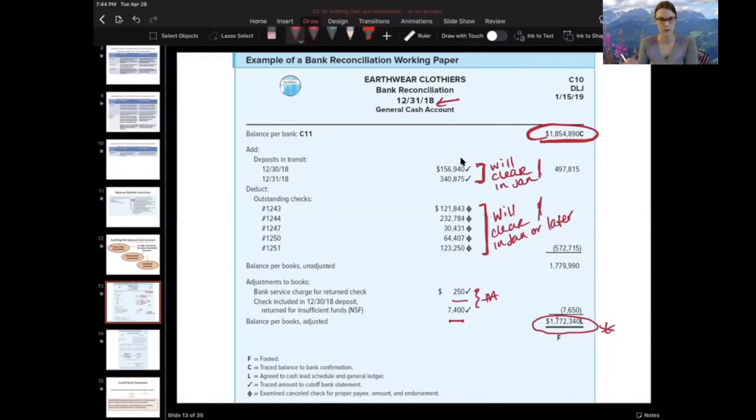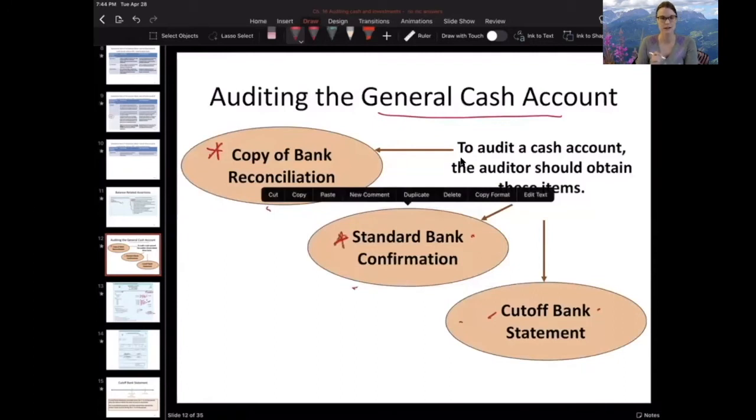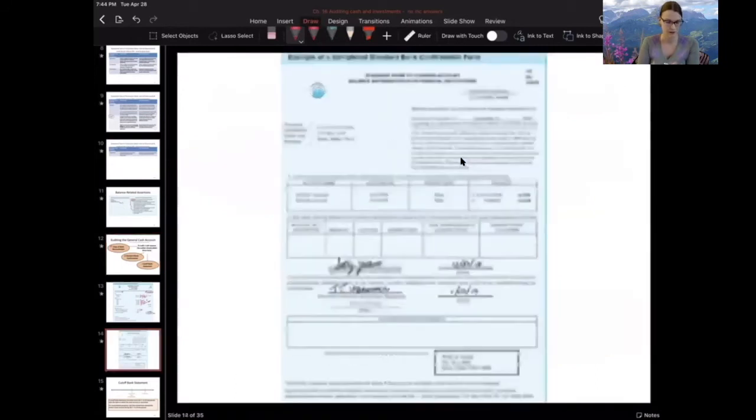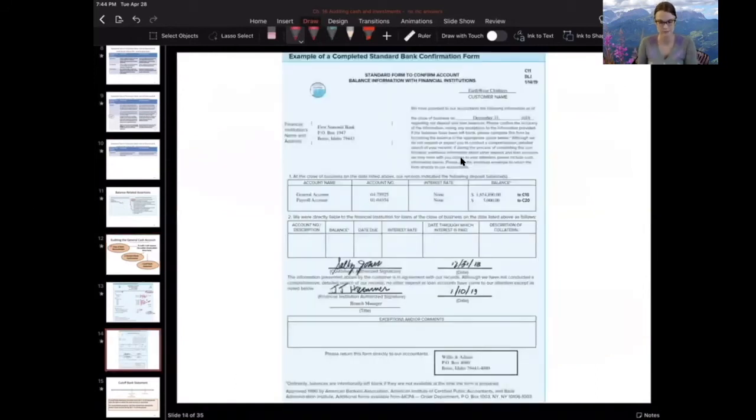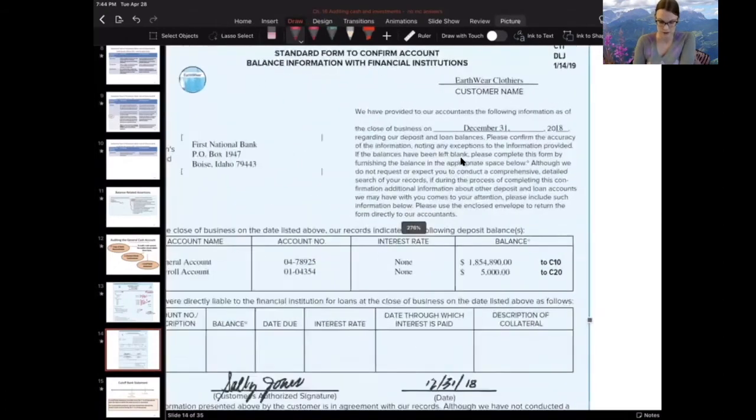Now, of course, we will test this balance per bank. That's going to be a big test for us. And we test that balance per bank by getting the bank confirmation, right? That was our number 2 document here that we said we wanted to get to audit an account. So the bank confirmation is here. It looks like this. And you'll notice if we zoom in here that